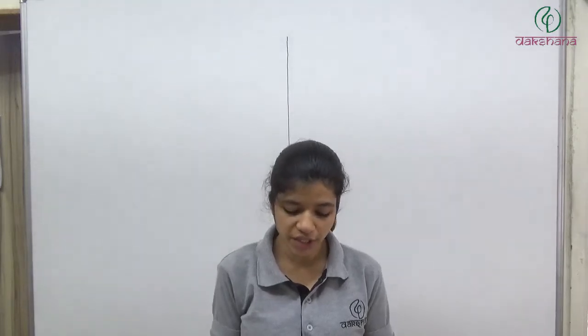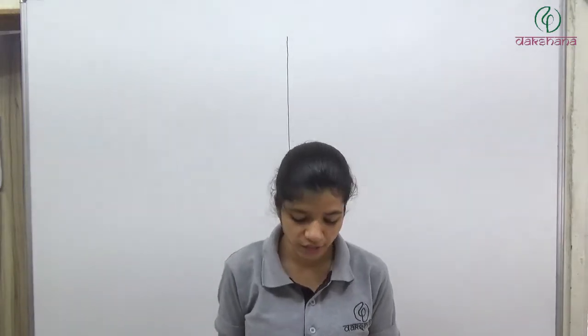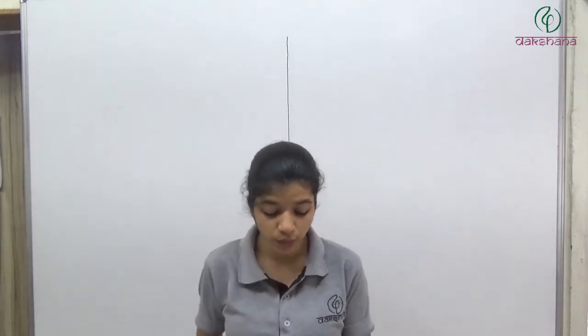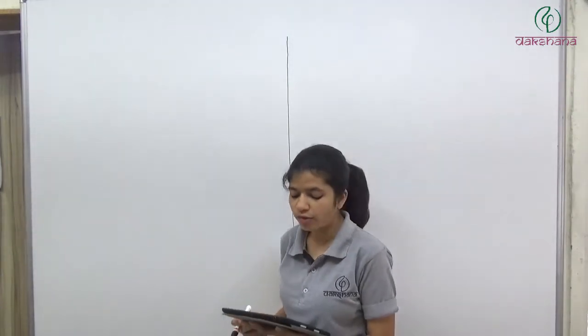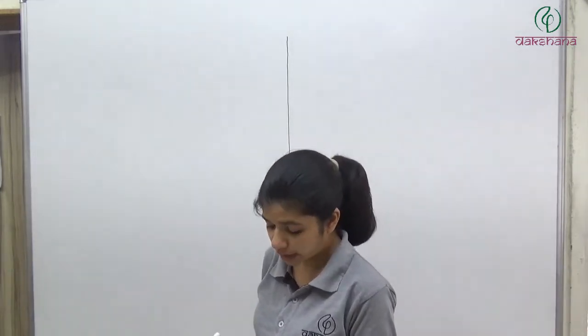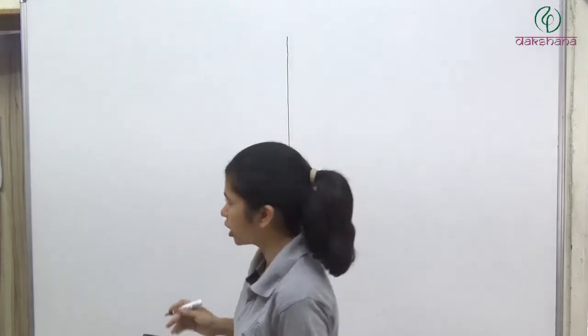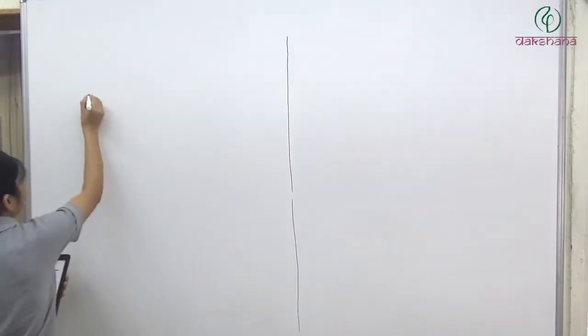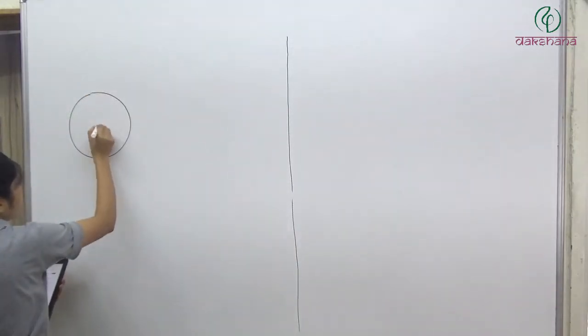Solution of section E, circular motion exercise 1. In this section we have questions from circular motion in vertical plane. So the first question is: the tension in the string revolving in a vertical circle with a mass m at the end, when it is at the lowest position. So we have to find the tension when the mass is at the lowest position.